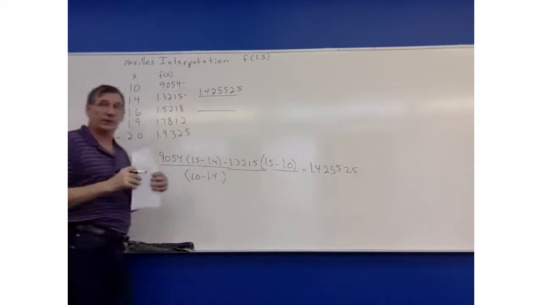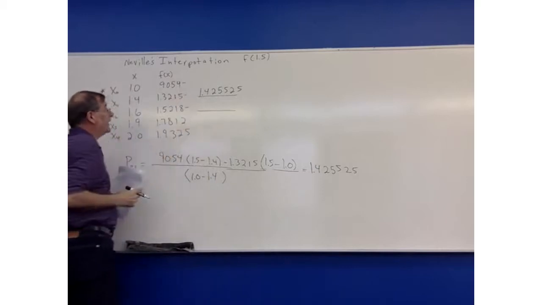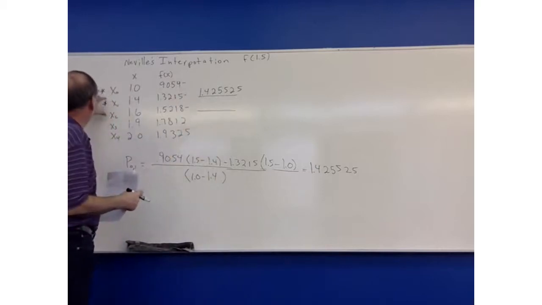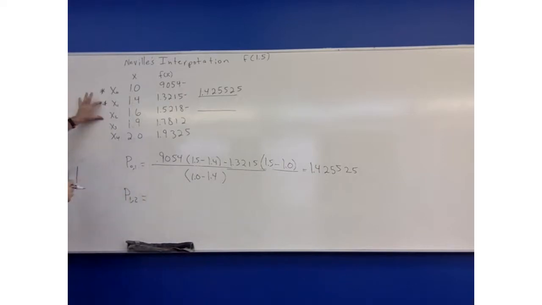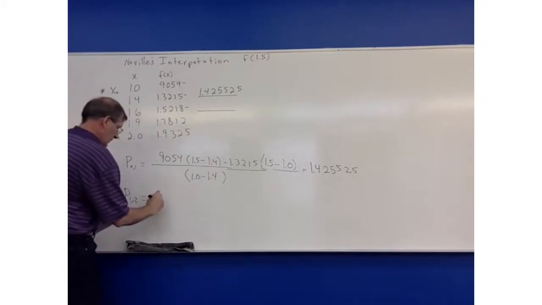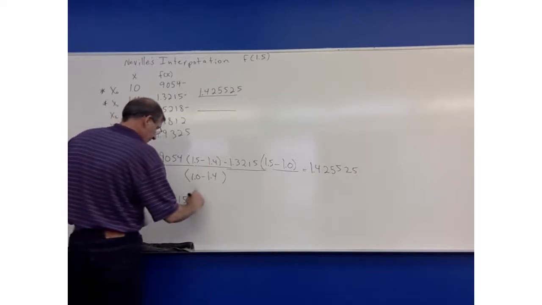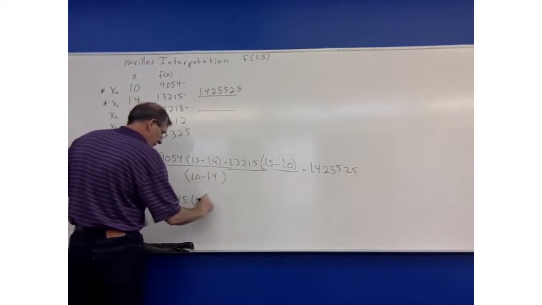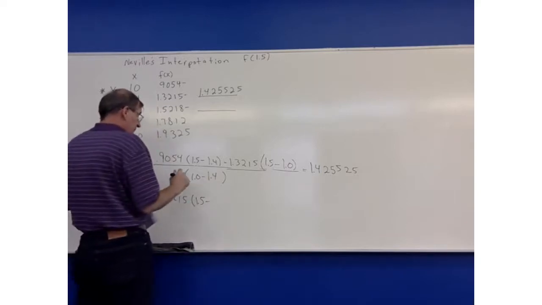So what do you think we're going to use to get this number here? We're going to use those 2 values. Yes. And that's going to be P1,2, because it's coming from these 2 values here. Okay, so we'll do the same thing. We take the top, 1.3215 times X, and we know that we're approximating 1.5, so we can go ahead and write 1.5, minus 1.6,